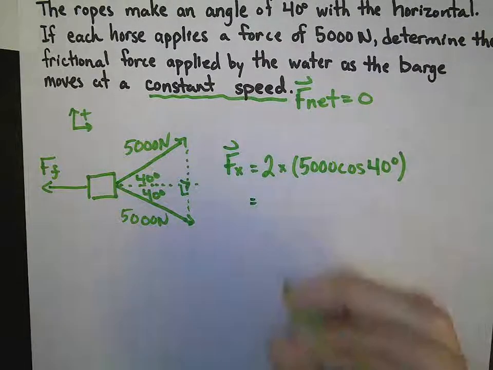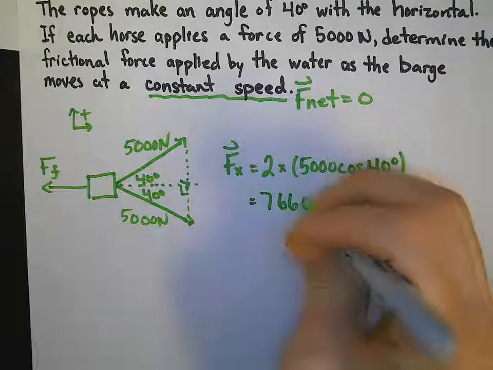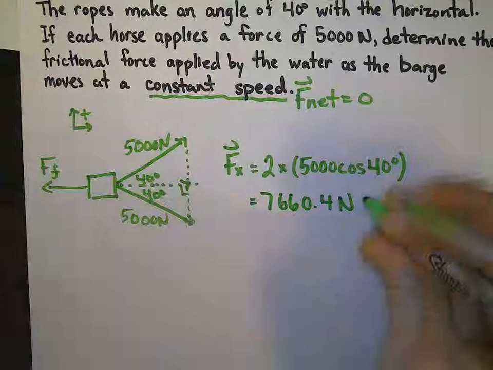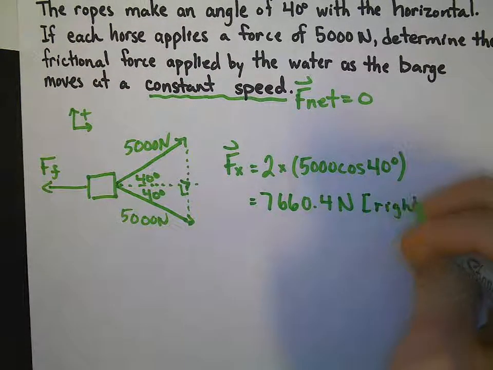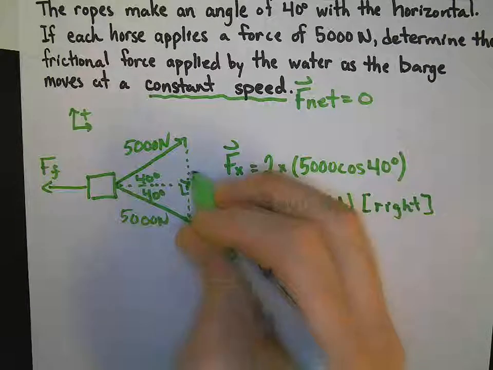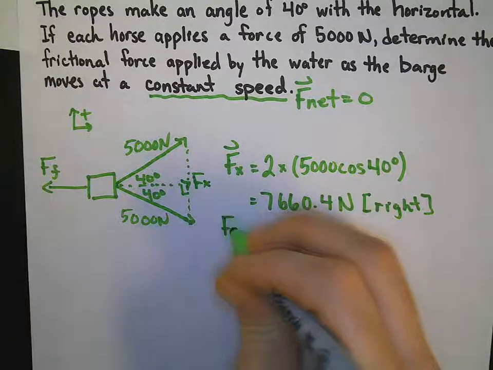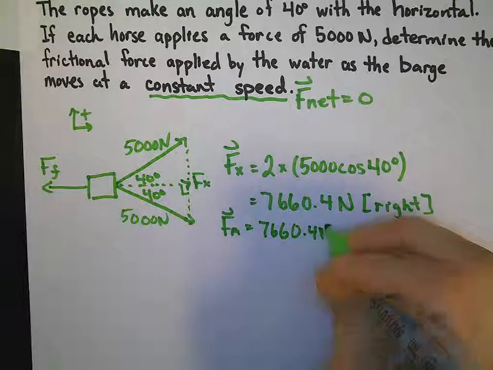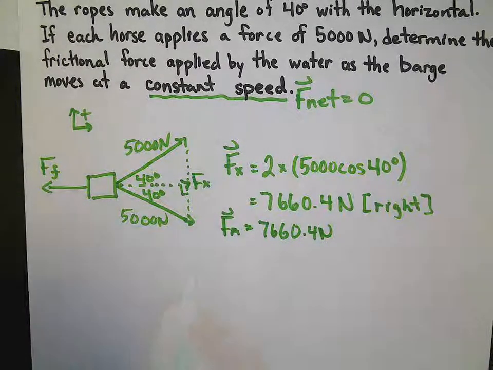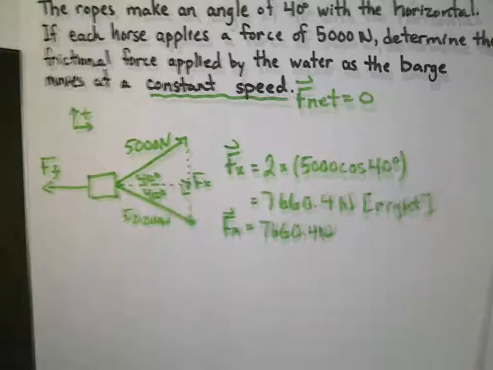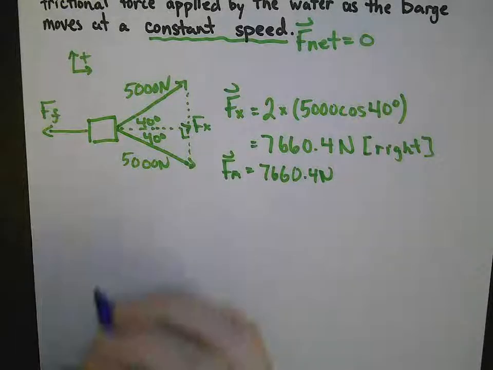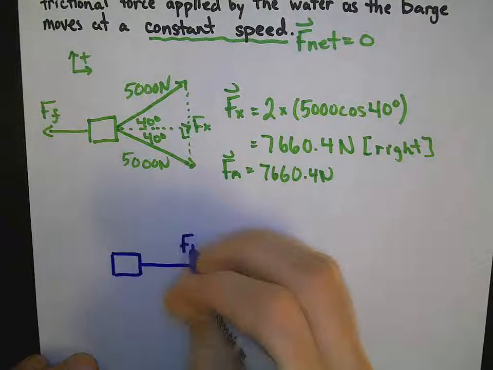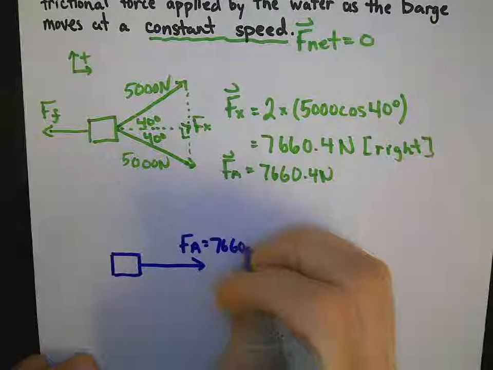So that means that would give us 7,660.4 newtons, and that would assume that this is in the right direction, and that was in fact the same as our force applied by the two horses. So pretty much what we have is this: an applied force of 7,660.4 newtons